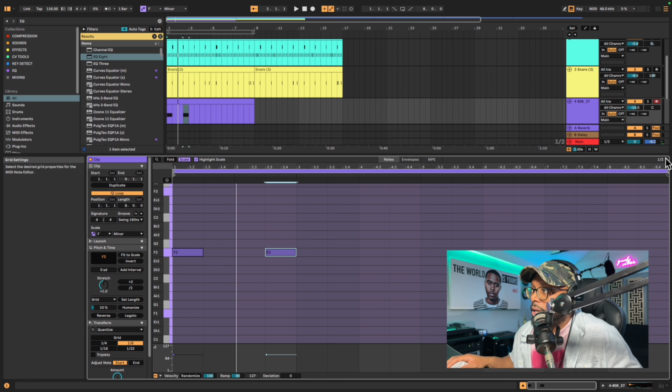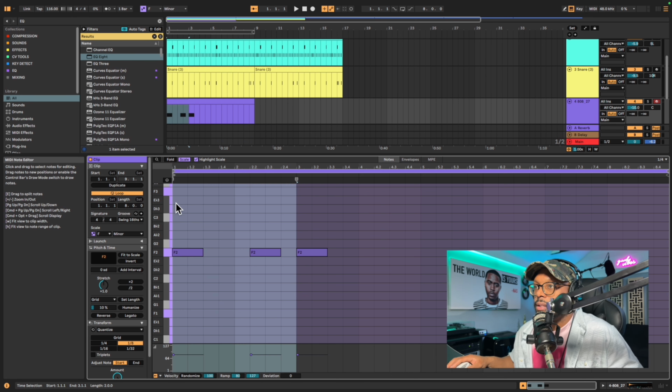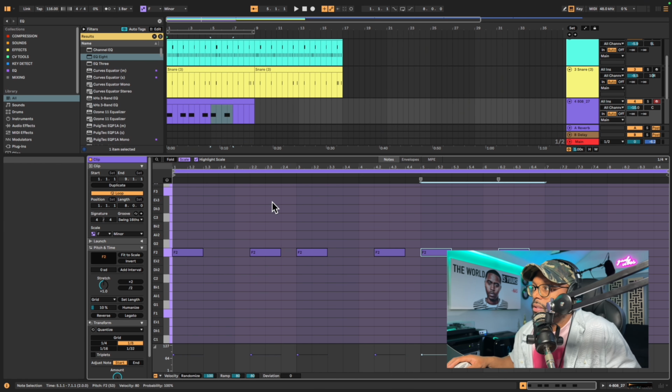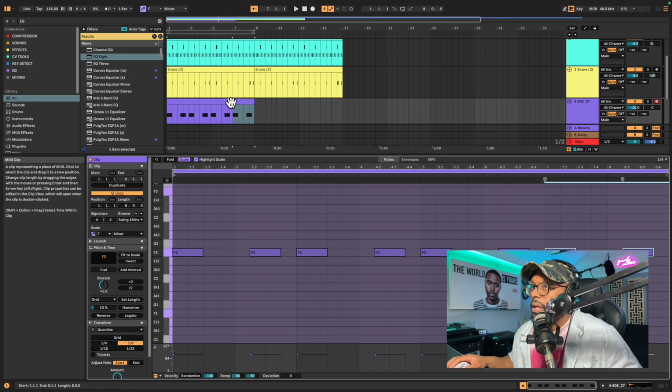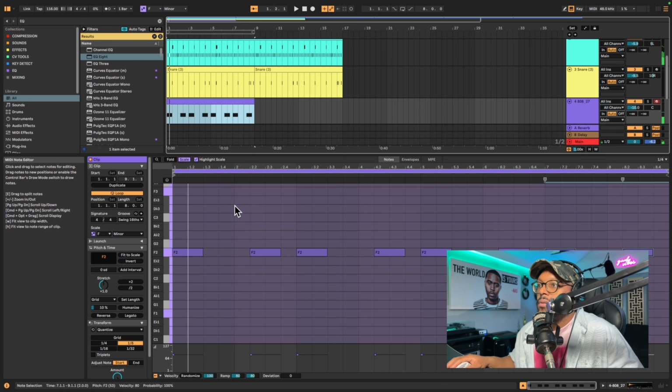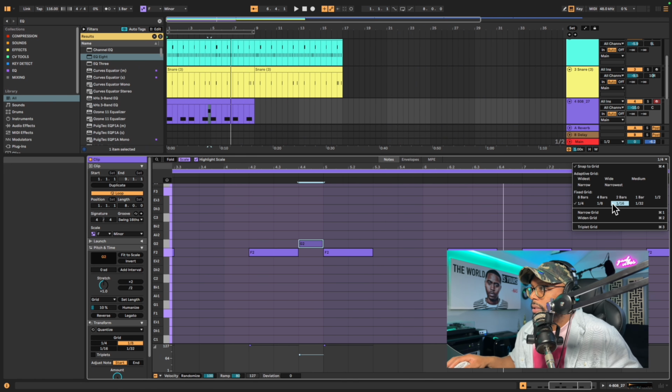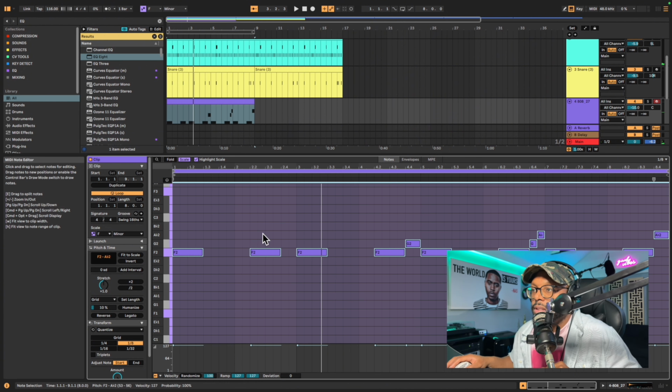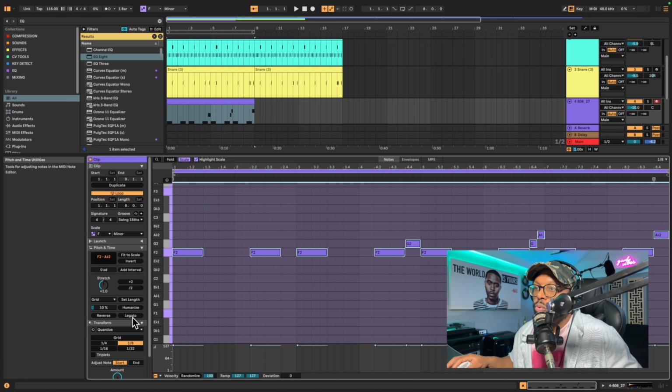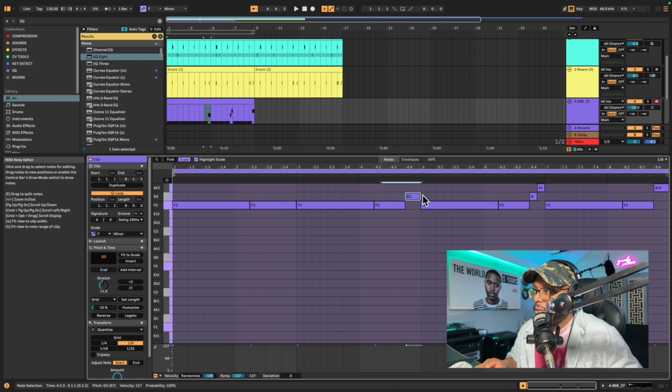I decided that I need this to be quarter notes. This, I'm going to scroll, drag that, and I'm just going to duplicate it over, and then I'm just going to change things as it plays. So I'm bringing my velocities up. Now I'm going to make it 1/8. If I want these to extend to each other, I'm going to make sure they're all selected, and I'm going to hit legato. Sometimes you got to pitch it up to make sure hitting the note that you wanted to